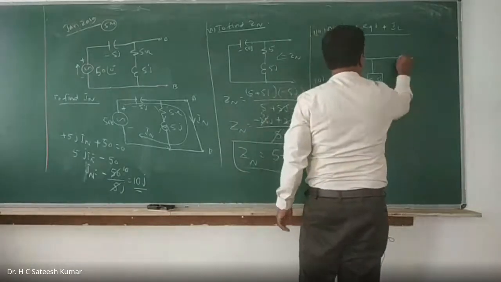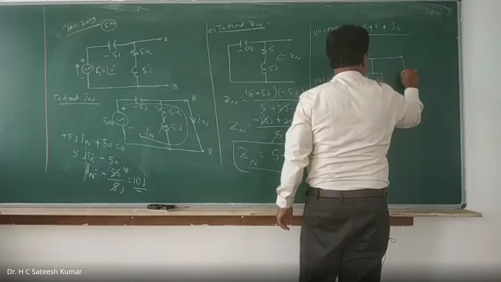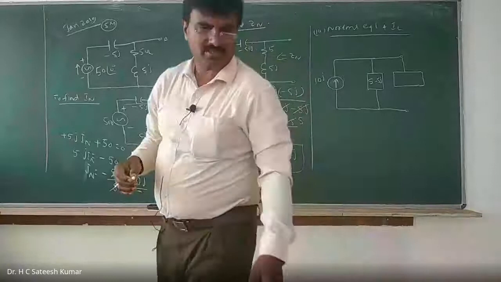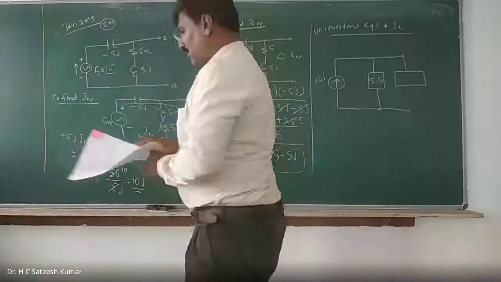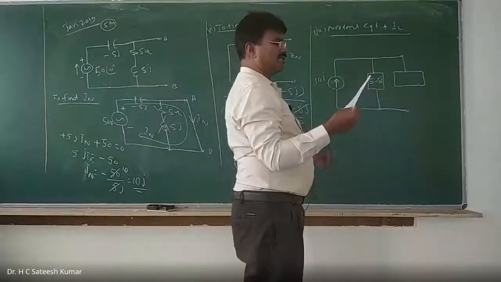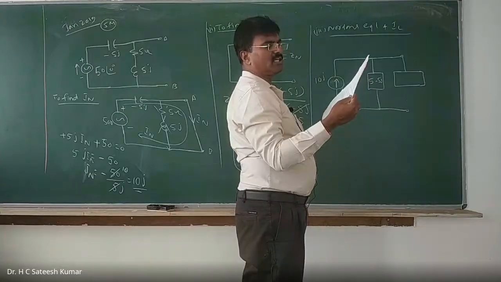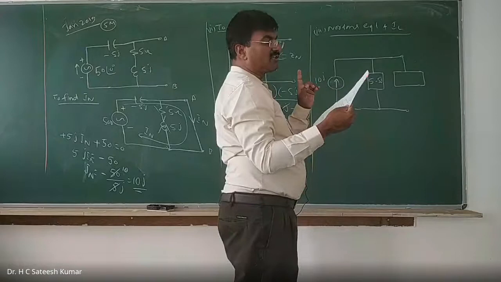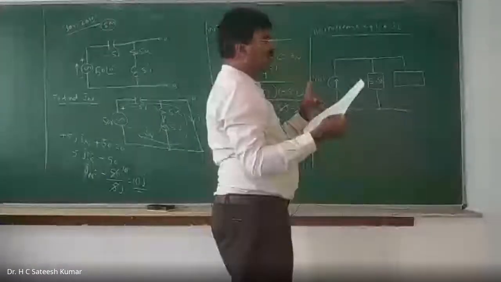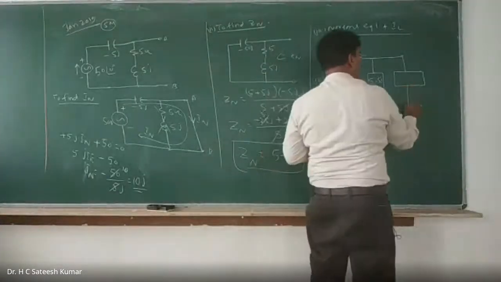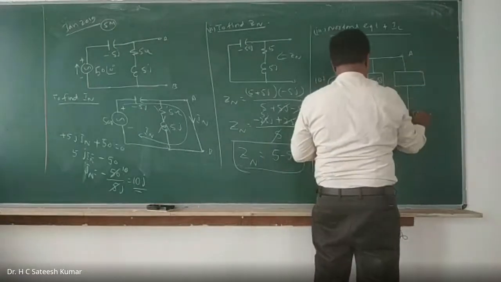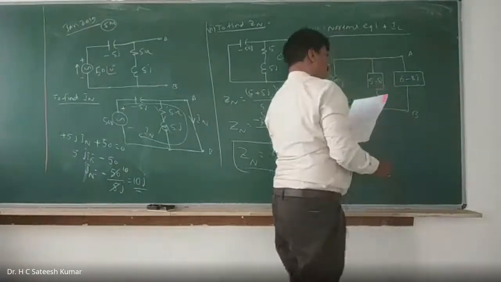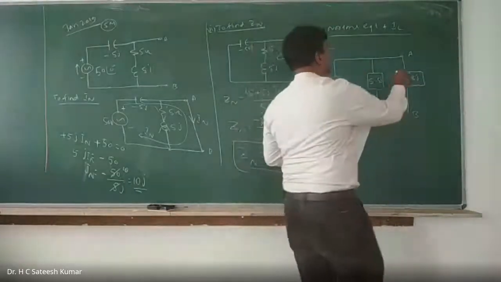And see the question. He said that some impedance is connected across that. I'll read the question. The question is, for the network shown in figure, determine the Norton's equivalent across AB. We got it. Find the current through the impedance 6 minus 8J ohms connected across the terminal. That means you'll have to connect it here, across the terminals A and B, 6 minus 8J. Find the current through this one. That is your IL we need to find out.